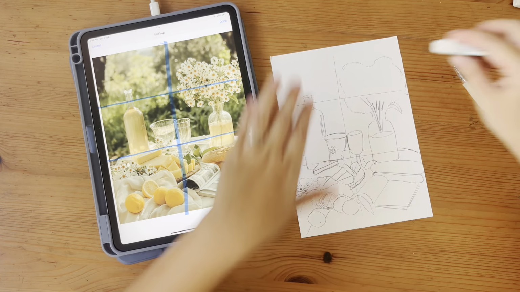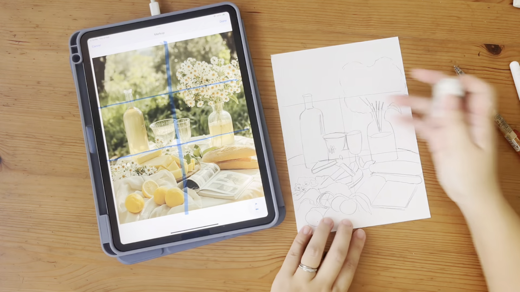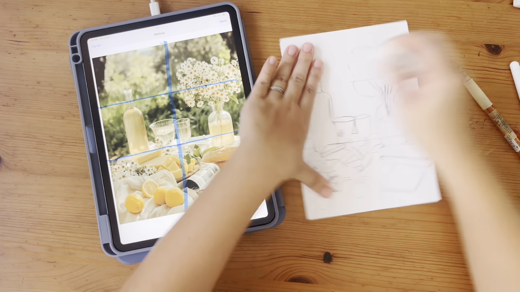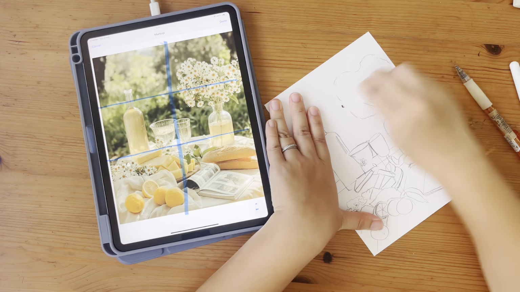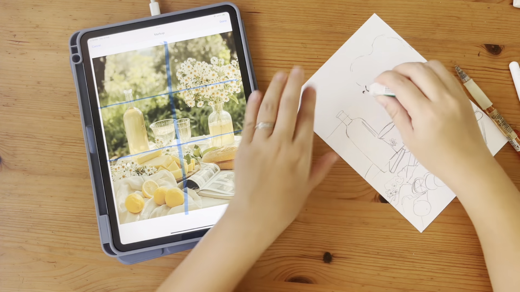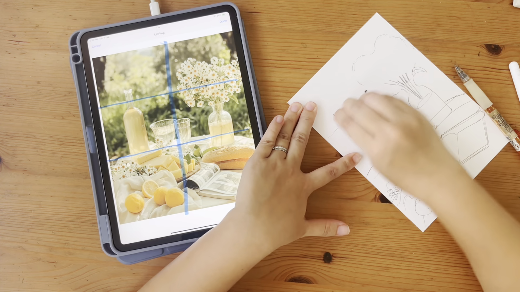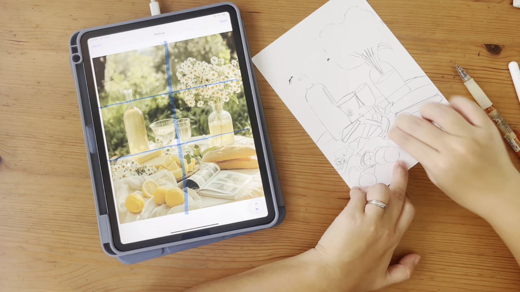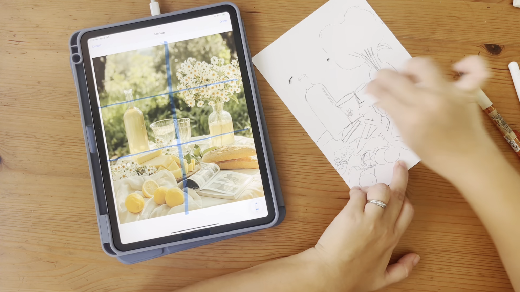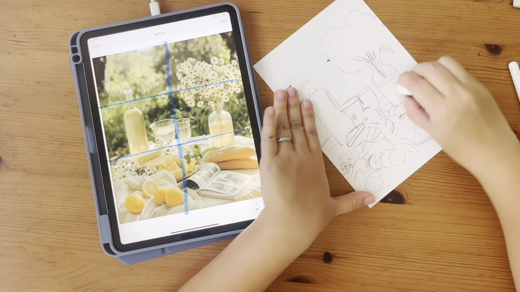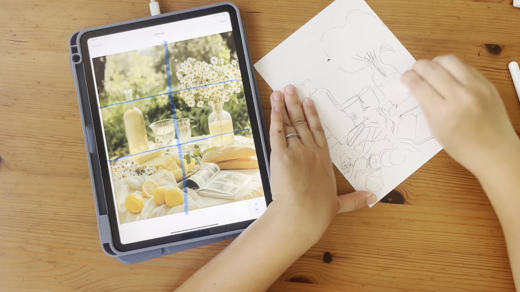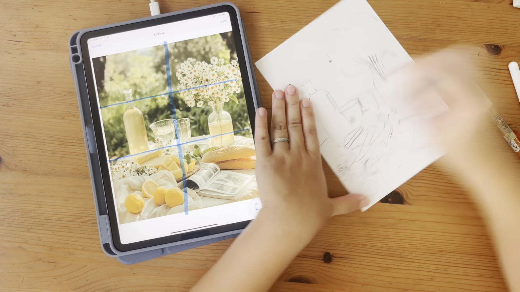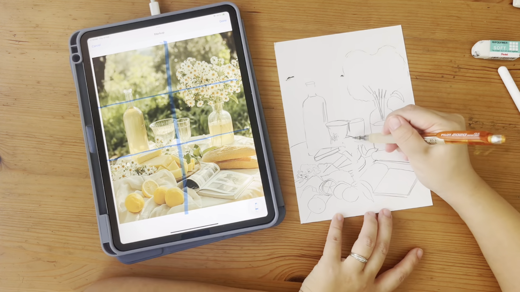Okay, so now I can remove my guidelines. If you drew your guidelines lighter than what I did, you won't have to do this erasing. Yep. But for the sake of just showing everyone,